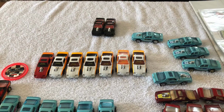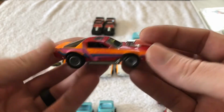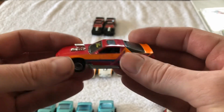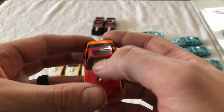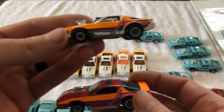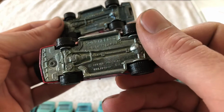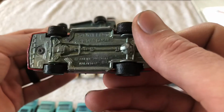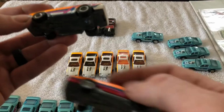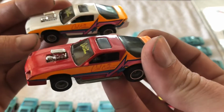Next is these Cal Customs. So in 1990, Cal Customs came out. Nice Real Riders. You've got the gray hub Real Riders, black interior, tinted window, medium Cal Custom tampo on the hood. My next piece, they went to white. And on the bases, they share all the same bases we've kind of gone through. You can see this one has Hot Wheels, 74 Blown Camaro to the left, no bar Malaysia. So this is a transition piece, they went from the red to the white